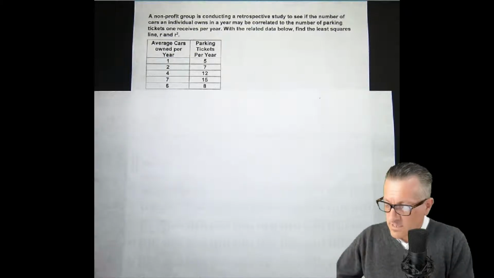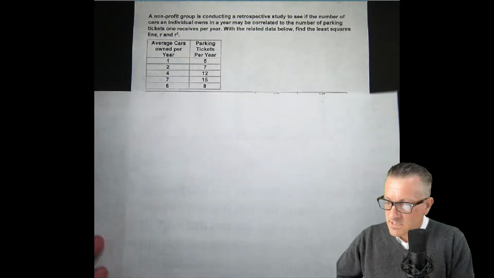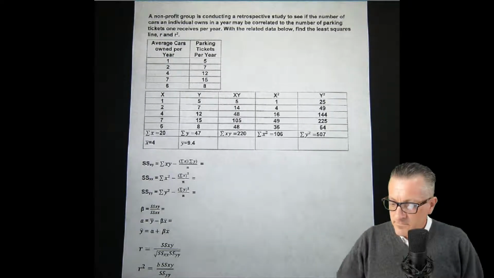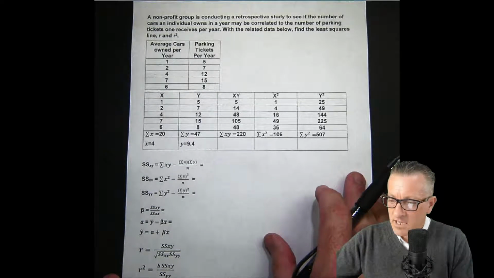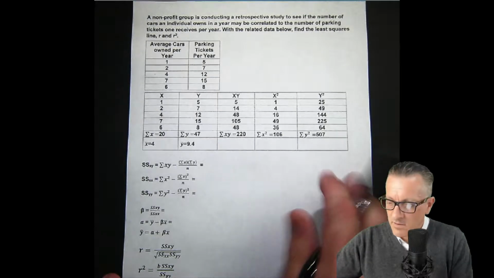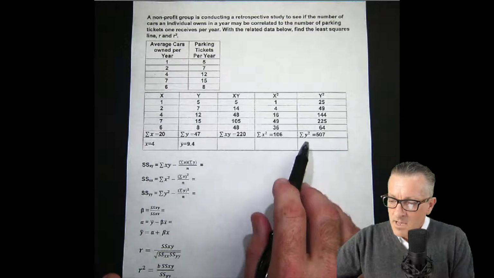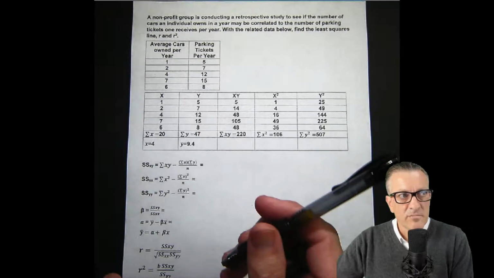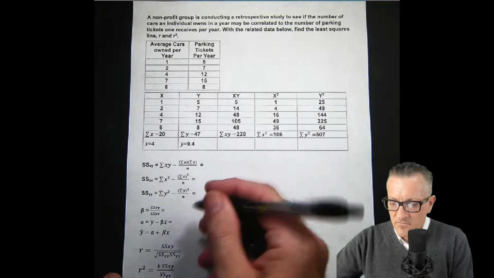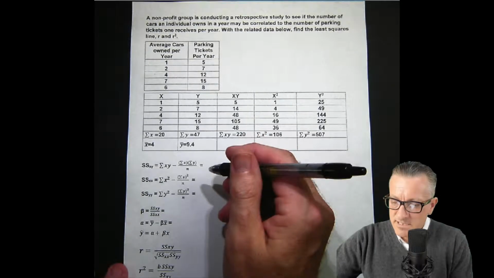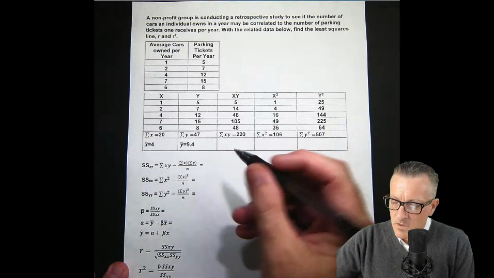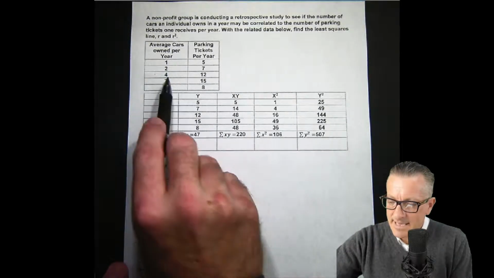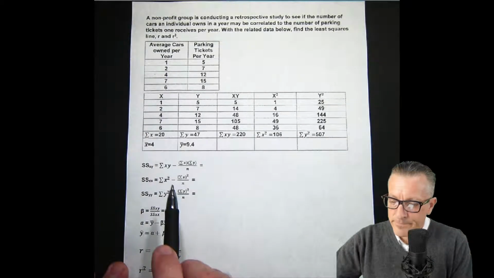What I did was pre-do some of this because it's a lot of writing, which can get messy doing it all by hand. So I pre-wrote some of these columns, and I'll explain how you do this. I'm also using a black pen instead of my usual marker because it can get a bit messy with all the writing on this one. The data down here, x and y, is the same as these two columns right here.